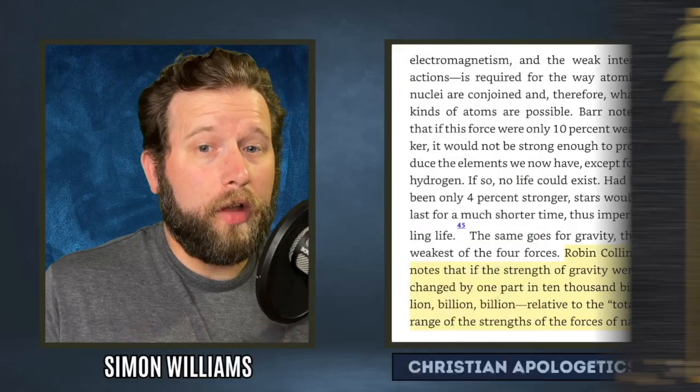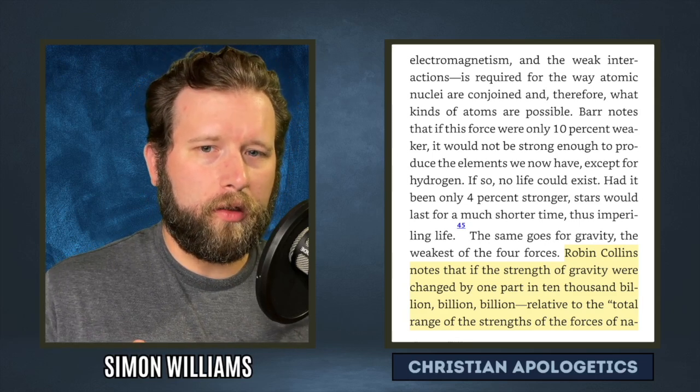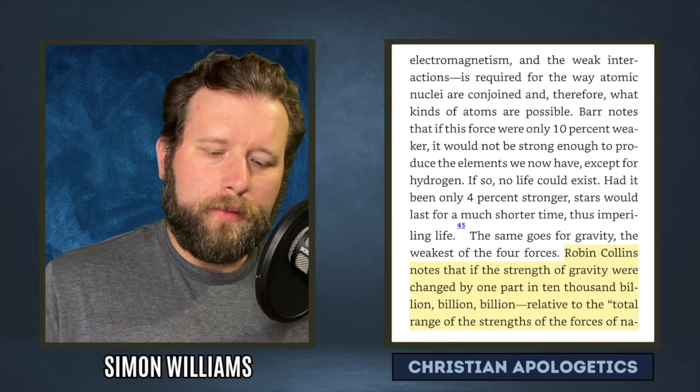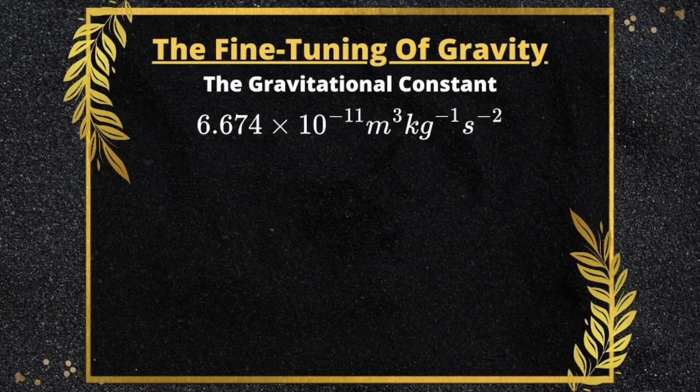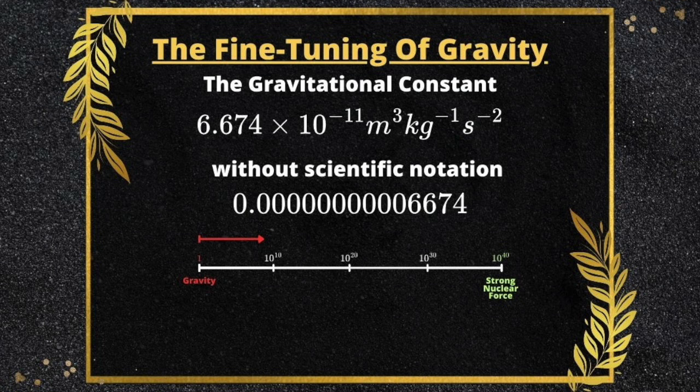Very small change. Another benefit to how Collins goes about doing this is that when you do the calculation with the strength of the forces that we're dealing with here, like, for example, the force of gravity is normally calculated out to be 6.674 times 10 to the negative 11th power. And that force of gravity, if we say that it's the weakest, and if we can increase it, then any number bigger than that number is a change within the realm of reason. If we're saying that the only reasonable values that the forces can maintain is between the weakest and the strongest, then if we increase the force of gravity by anything, then it's within the realm of reason.